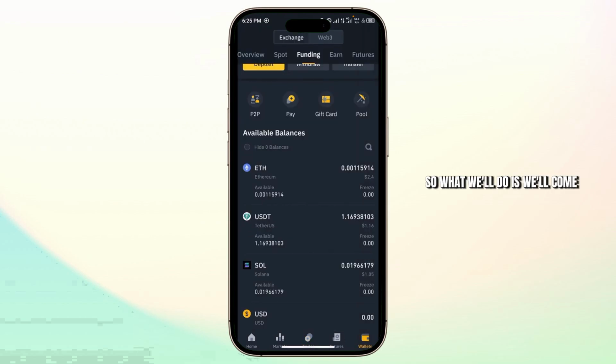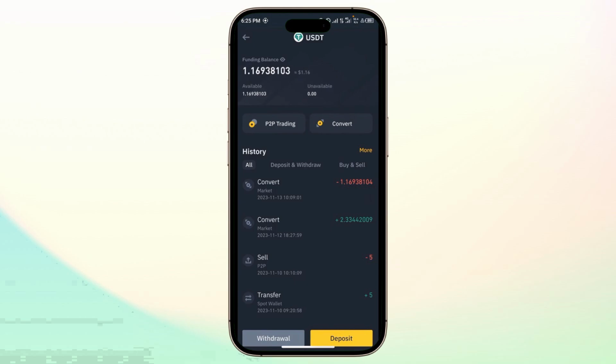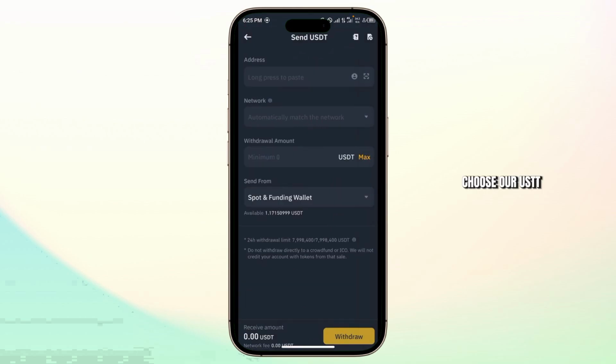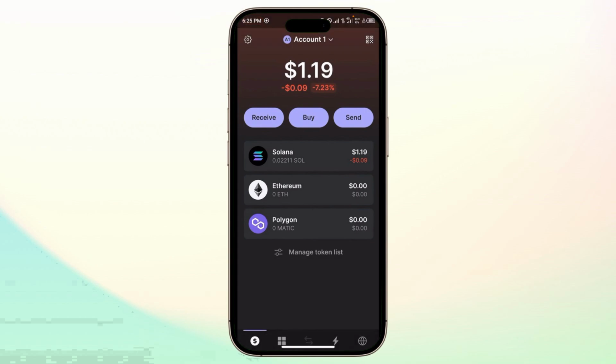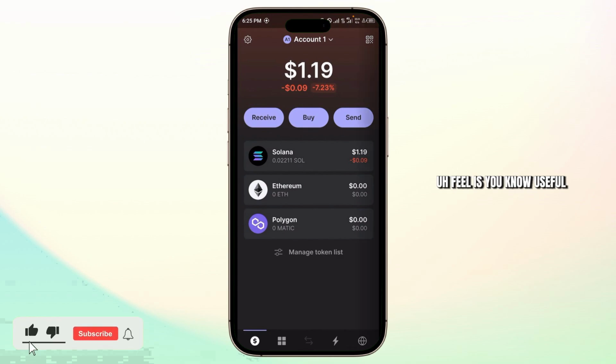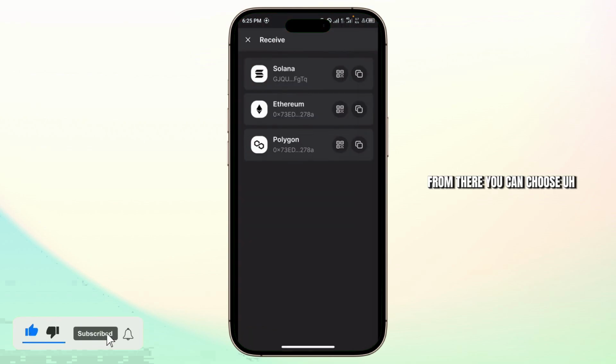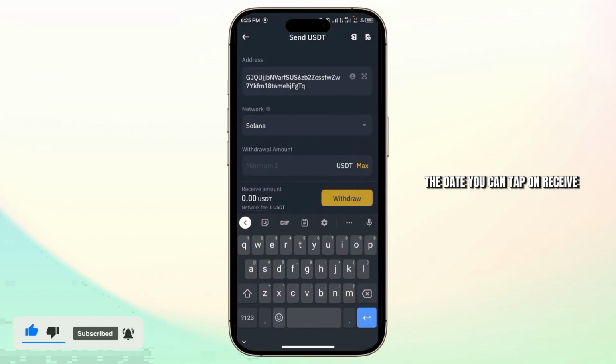So what we'll do is we'll come back to our wallet, choose our USDT. Then after we choose our USDT, we can then tap on send USDT and choose our address. Now you can open up another wallet, whichever wallet that you feel is useful. From there you can choose the date. You can tap on receive, choose your USDT, and then finally copy the address, come back to our wallet, and